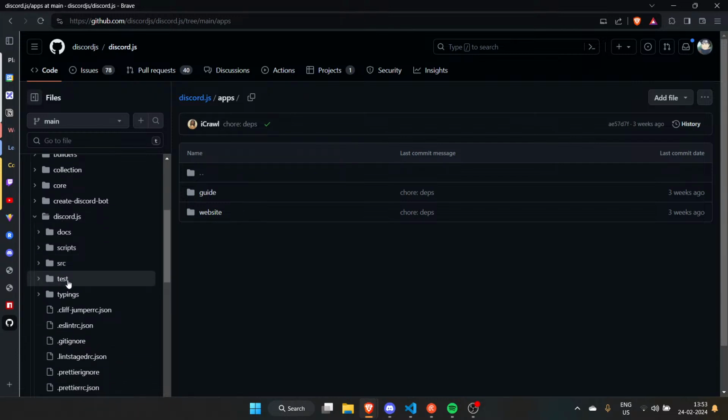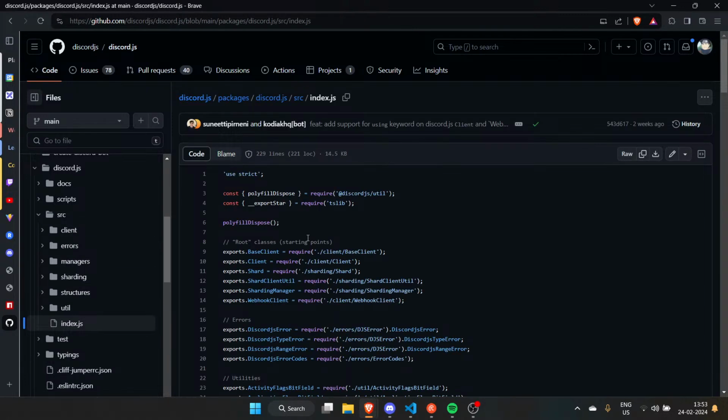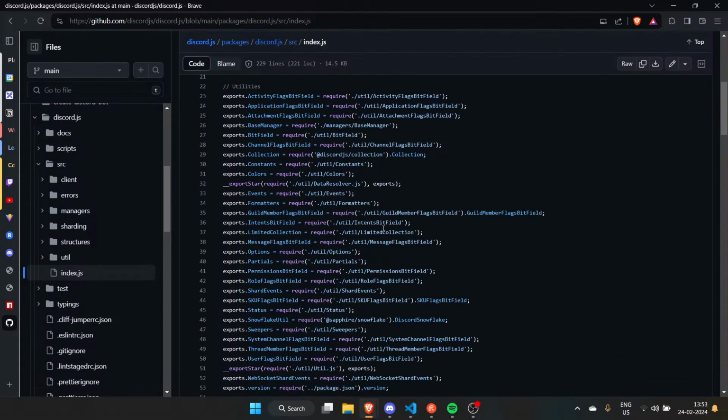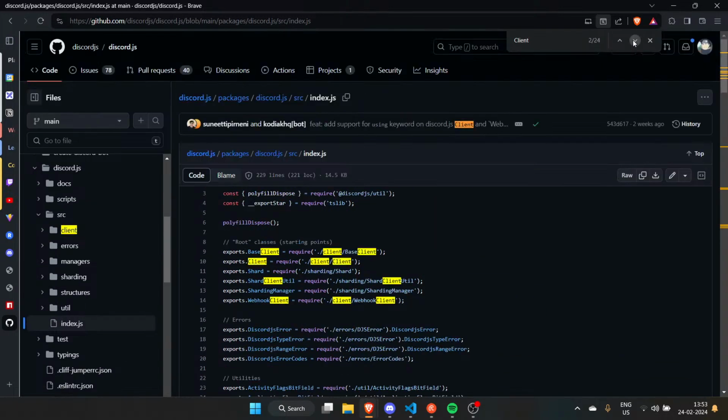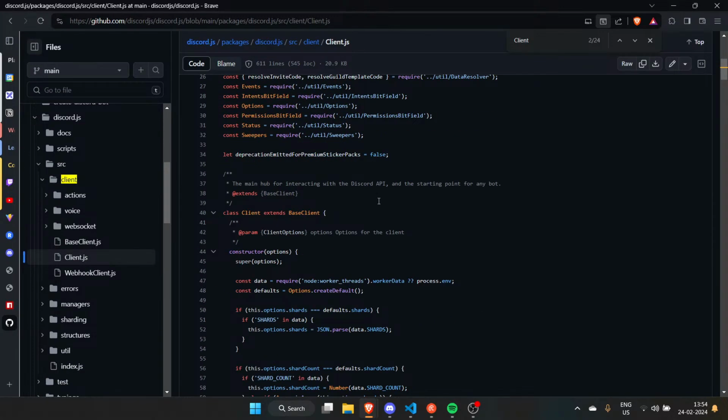That's interesting. So they have source, index.js. I like to see where you have the client. We have one client there. Dot search client. Okay. Client, interesting.